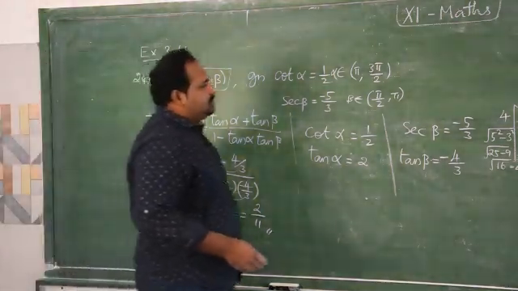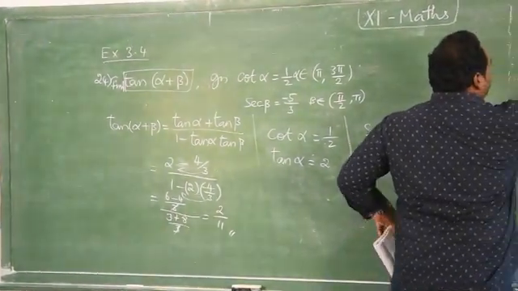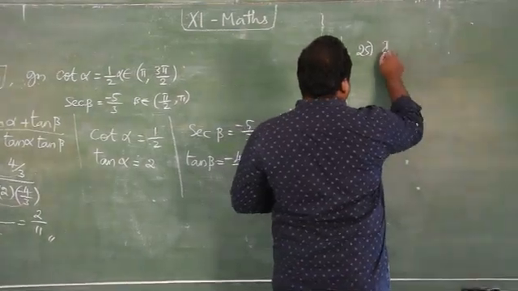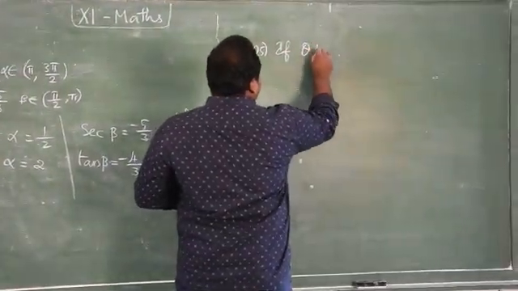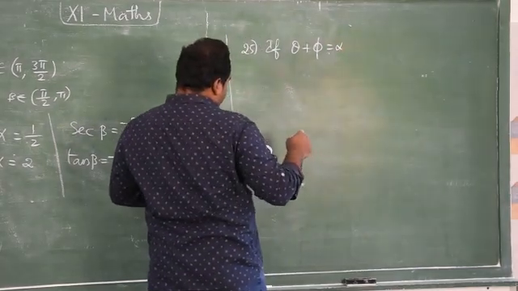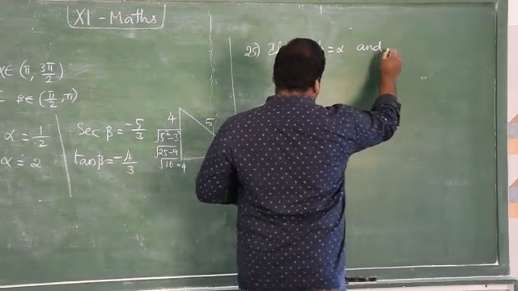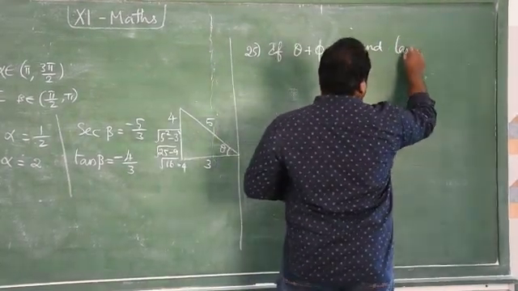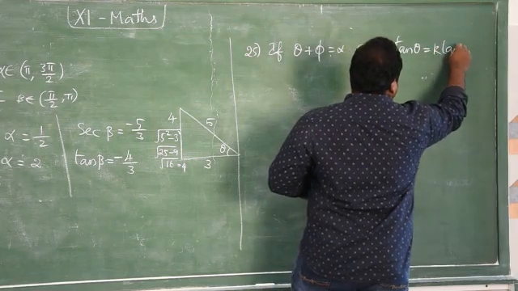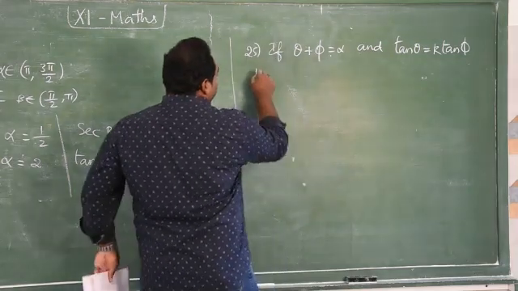So next, problem number 25. Problem number 25 is the last problem in this exercise. Here, theta plus phi is alpha is given, and also given tan theta equal to k into tan phi. Using this, we have to prove that